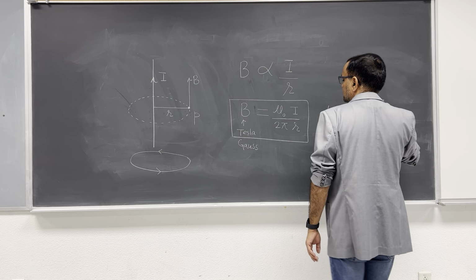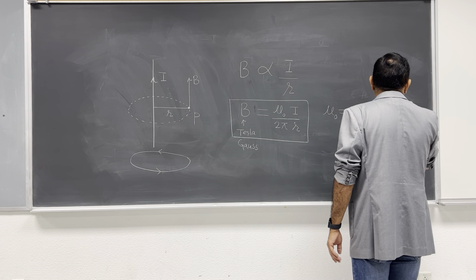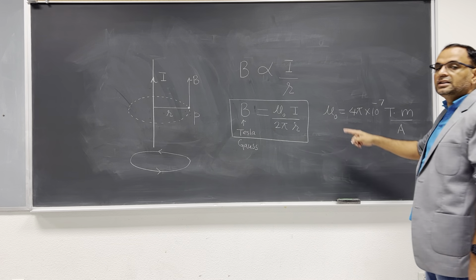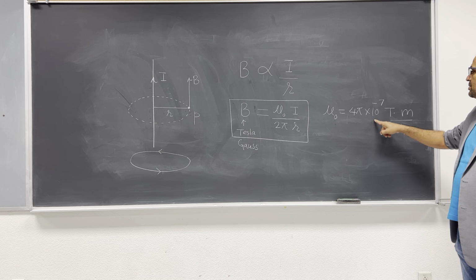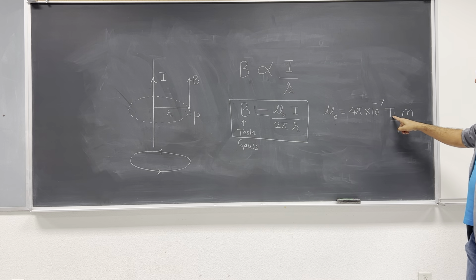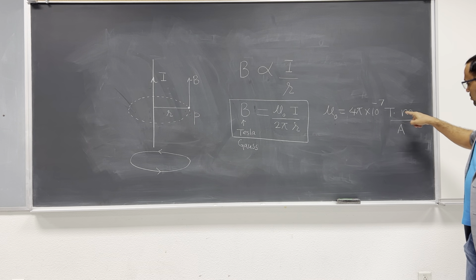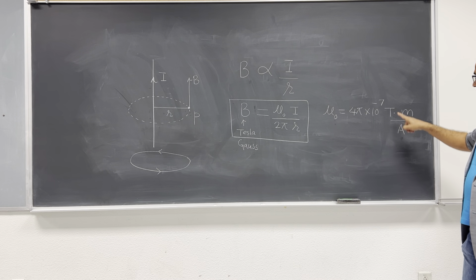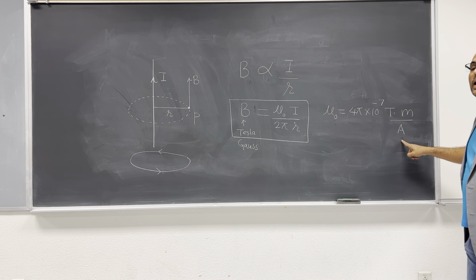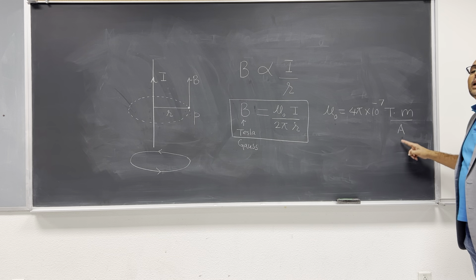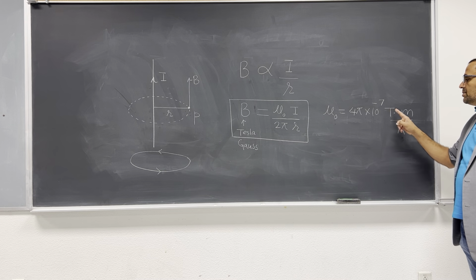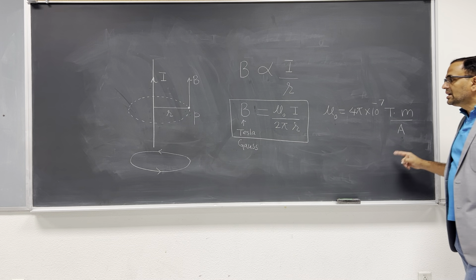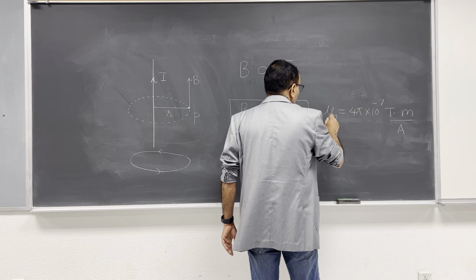Tesla meter per ampere. So again, it is better to remember this number, mu 0, which is equal to 4 pi times 10 to the power negative 7, and the unit is Tesla meter per ampere. Again, this is not area, this is ampere, the unit of current. 4 pi times 10 to the power negative 7 Tesla meter per ampere, and this is called the